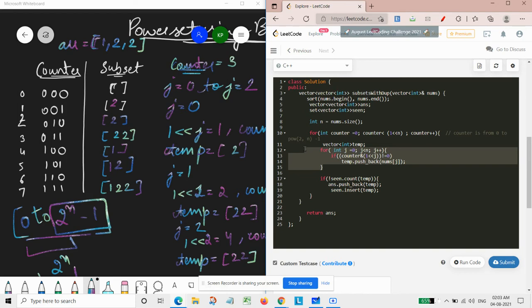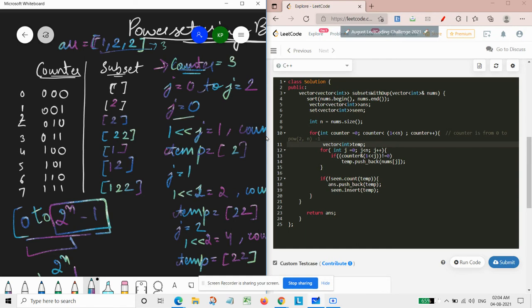And this loop would be doing our main work, that is, it will be simply doing AND with the set bit at that particular time. Whenever we are having j value as 0, and presently I have taken this example that when our counter value is equal to 3, it means all of 0, 1, 2 have already been done. Now when we take counter value as 3, it comes to j equal to 0, and it will go till 2, because I am taking this example where the size of the array is simply 3. So our j will be simply from 0 to 2.